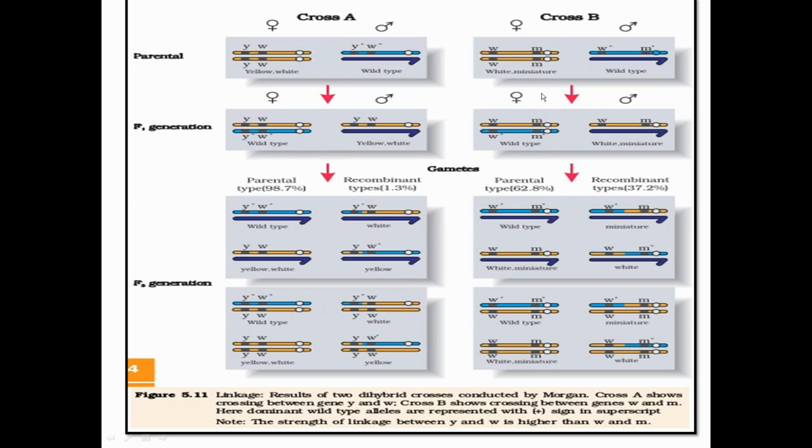In cross B, you can easily see that the distance between the genes is quite enormous and they do not show any sort of linkage or infatuation. So the parental type will be quite lesser than cross A, and the recombinant ratio will be quite higher than cross A, where the genes are closely associated. This whole cross talks about the parental and the recombinant types on the basis of the distance between the genes. And the mapping was done by Alfred Sturtevant.